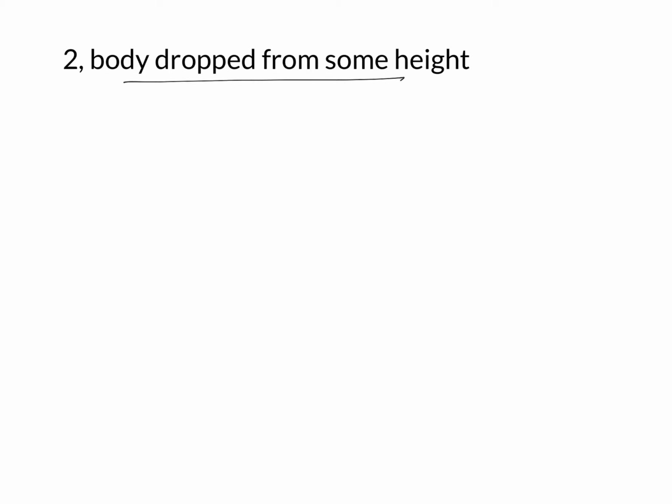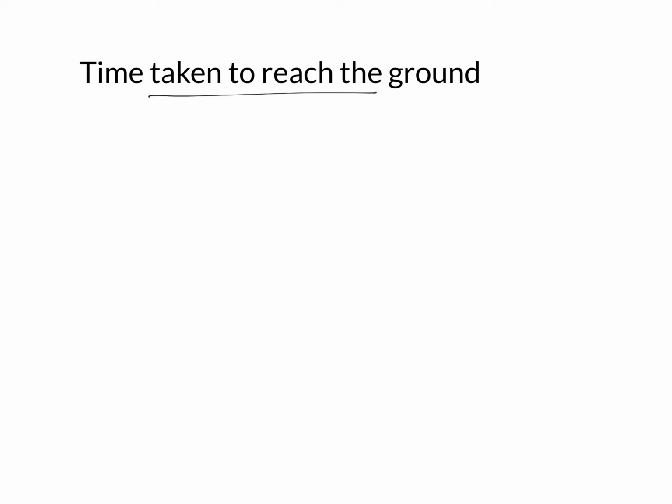Now discuss the things related to an object dropped from a particular height. So if an object is dropped from a particular height, let's say that is equal to h. In questions they may ask to find out the value of time taken to reach the ground, or the velocity with which it is going to hit the ground, etc. So first we'll discuss how to find out the value of time taken to reach the ground.